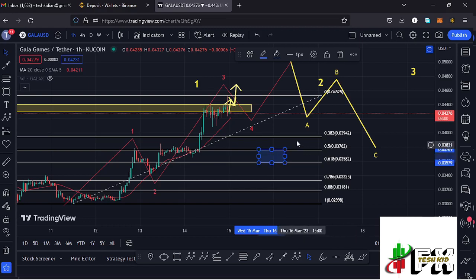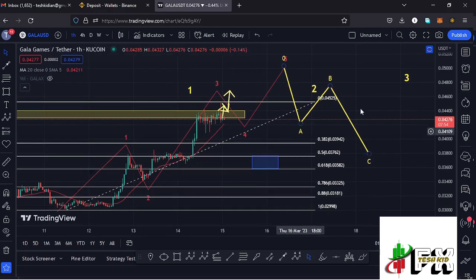$0.03582 mark. And in case such a move plays out, then that will be another perfect entry to get back into Gala Games so that you can be able to ride that massive bounce to the upper side in the formation of that wave 3. But I think for now it's too early for me to say that we have peaked in the formation of that wave 1. We don't have any confirmations yet that we have peaked in the formation of that wave 1,